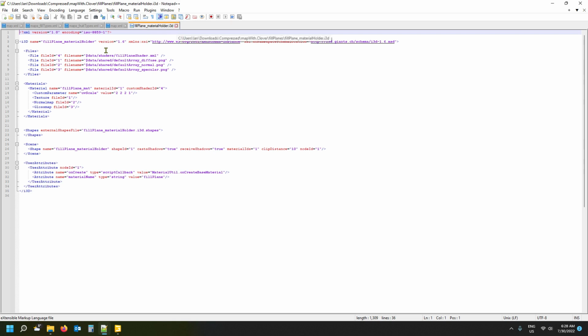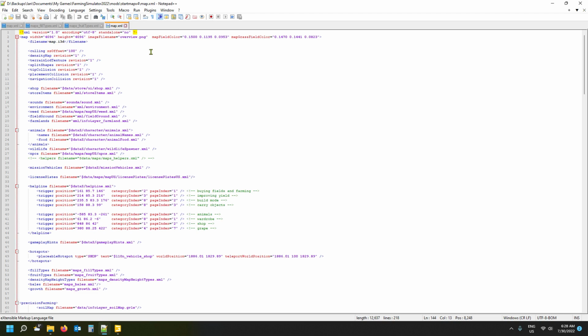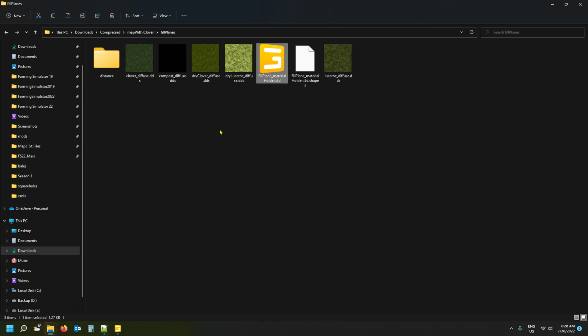But now this is, once again, an I3D, so you just want to verify that the two are the same. We'll just add to it, you know. But in this case, the full plane material holder does not seem to have anything pertaining to Clover, so that's all right. Okay, so next up,